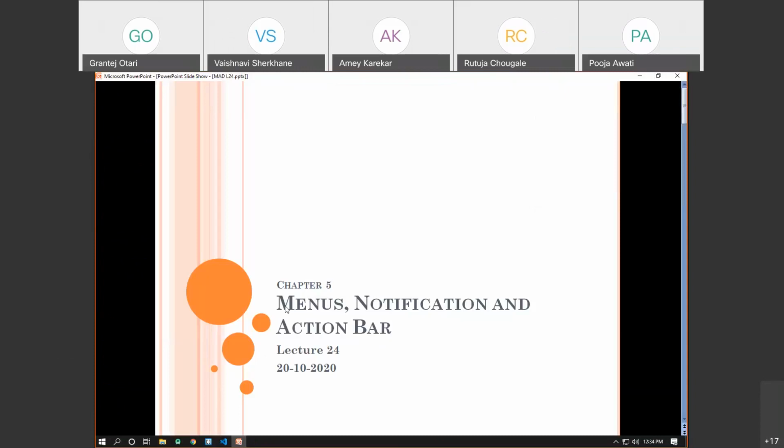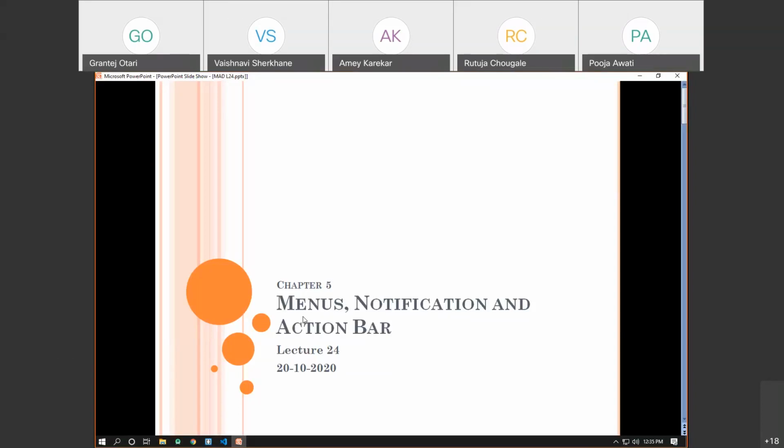Okay, so in the last lecture, we started with the notifications and we saw how we can create the notifications in the Android operating system. Today's lecture will be about actually handling the interactions and the actions with the notifications, and also we are going to see how we can stylize our notifications.